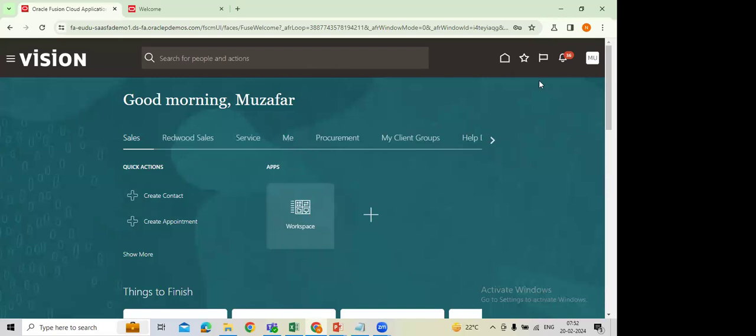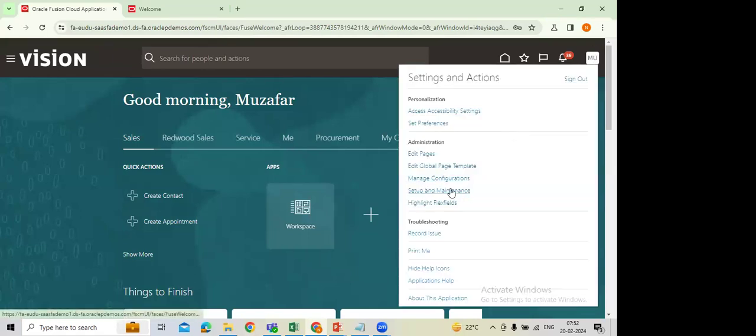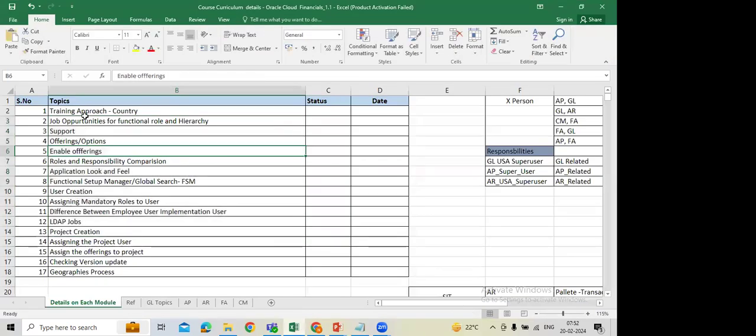Okay, so this is how you need to log in to the application. Once you log in, you can see Setup and Maintenance here. Why this is coming, what roles you need to assign earlier, and everything else we are going to discuss in detail. But here I've updated everything, and in the next initial one or two sessions, I'm going to demonstrate on this.